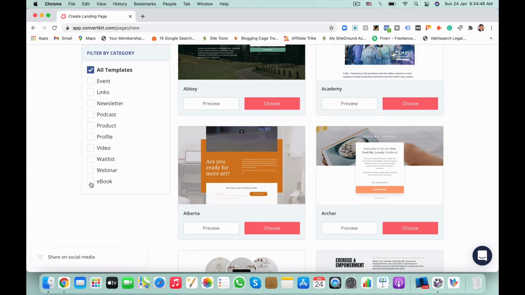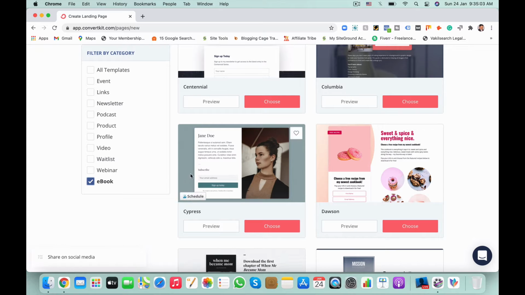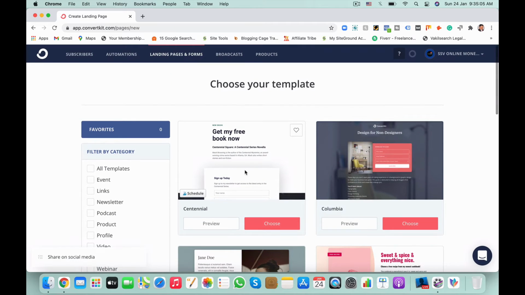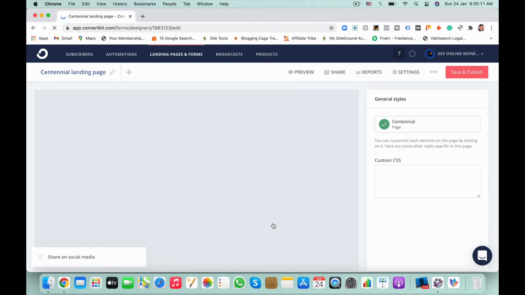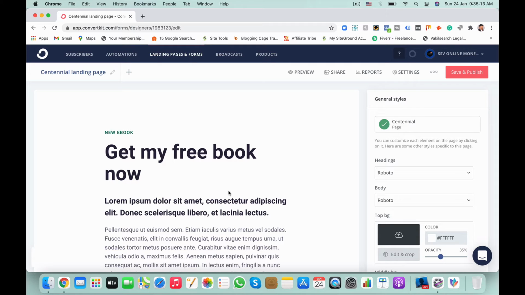Once you have created it, come to ConvertKit and create a landing page, and through the landing page you can share the resource guide as a lead magnet and get the leads. I just select the ebook template, get my free ebook.